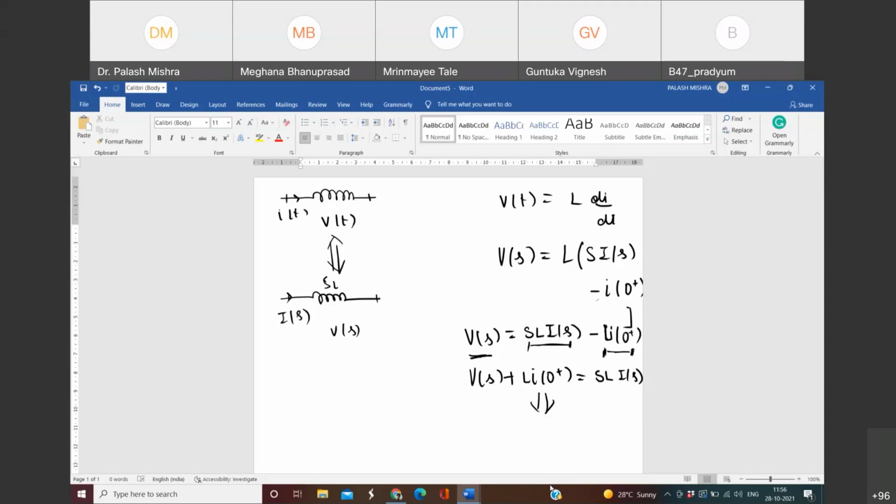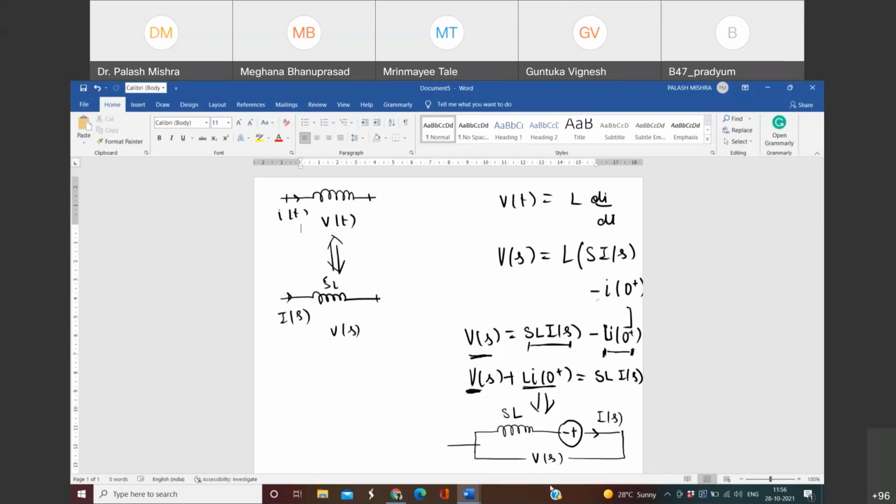So can I write it something like this? Can I represent it something like this? That there is an inductor whose inductance value is L and there is a battery attached here which is supporting our input battery. So if it is supporting our input voltage, it should be minus and plus here. And here current Is is flowing, and here is the voltage Vs. Tell me, is this correct or wrong?